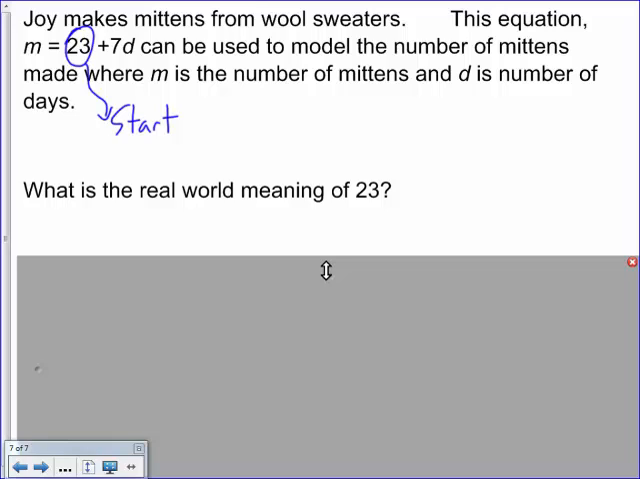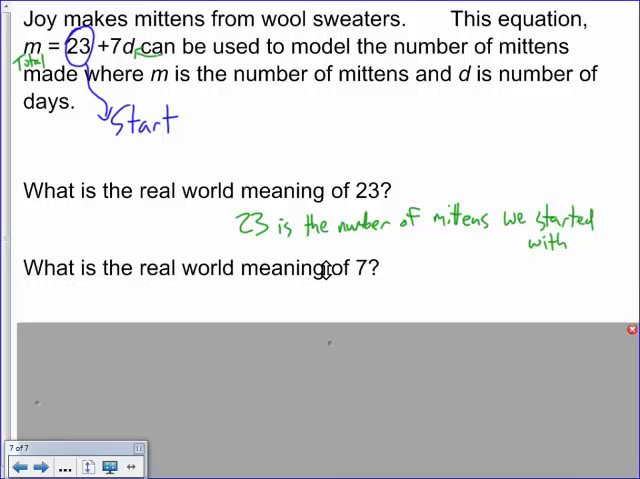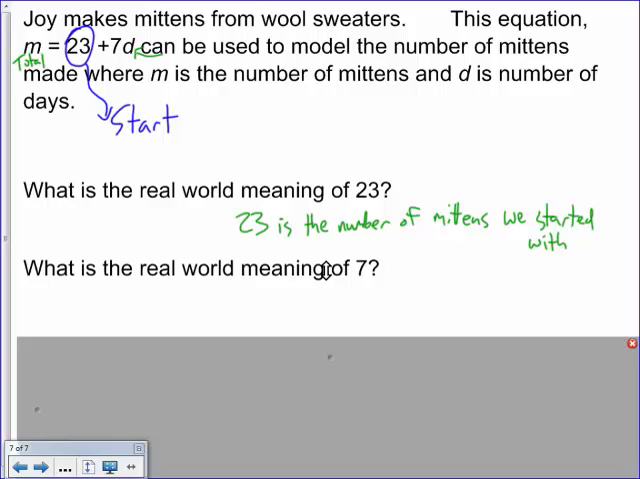So d stands for number of days. M is the total amount of mittens, right? So m is the total mittens. So 23 has to do something with mittens. So 23 would be how many mittens we started with, the start. So 23 is the number of mittens we started with. Or when no days have gone by, we had 23 mittens in the beginning, or something along those lines, okay? So then that 7 must mean we're producing... well, d stands for days, so 7 times d,